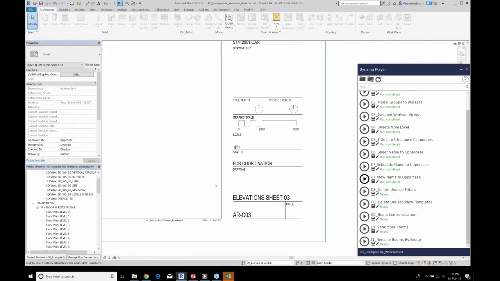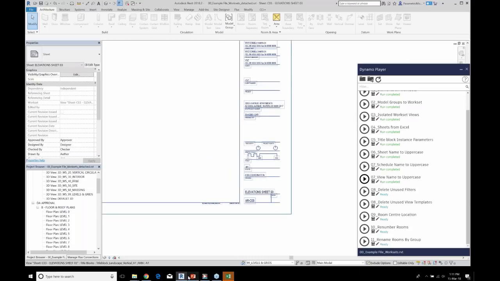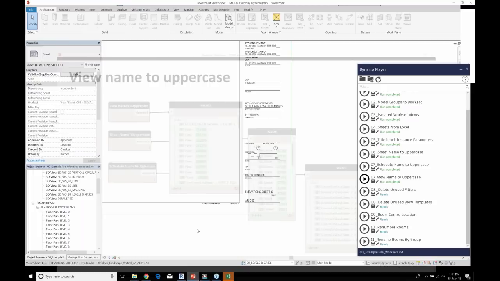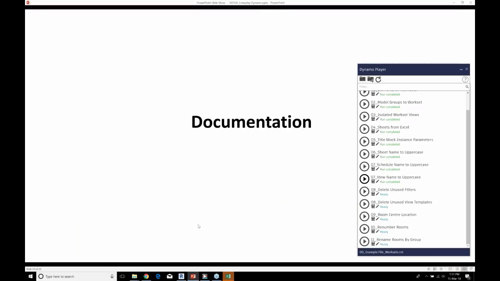So the next step is to look at the documentation or the ongoing model management. The first part was really about just getting the model set up and ready for the team to come in and, I guess, pollute it. So the next step, once that's been polluted, is how to restore it back to a healthy state.